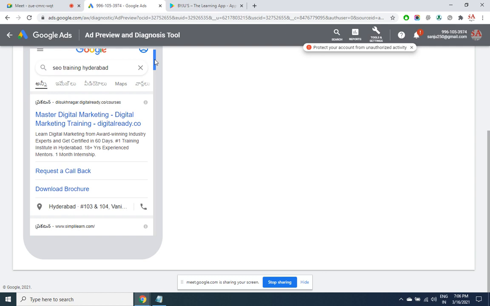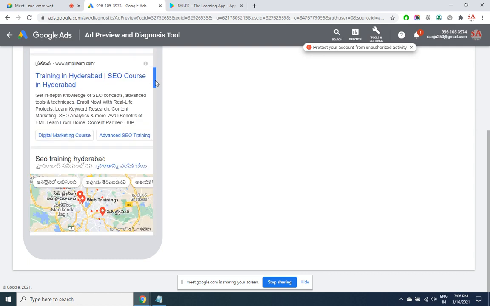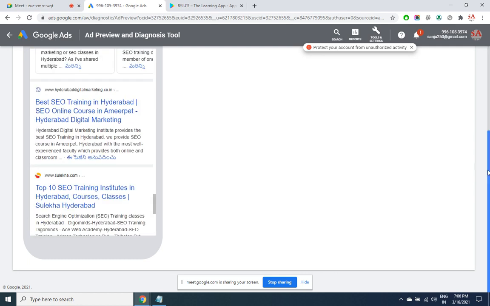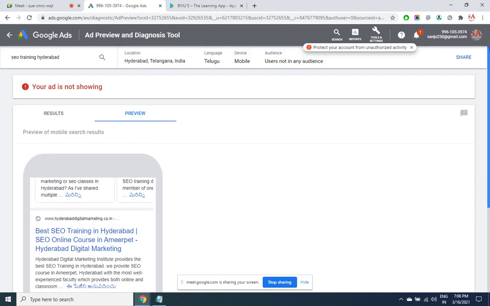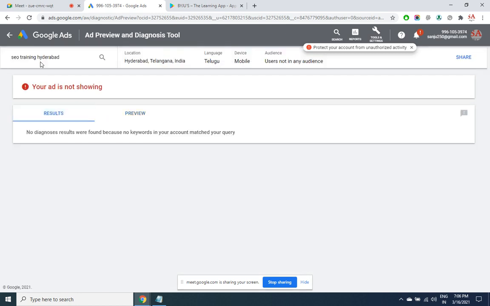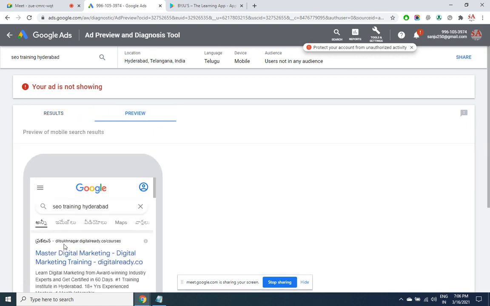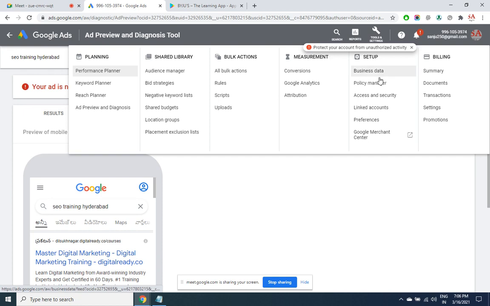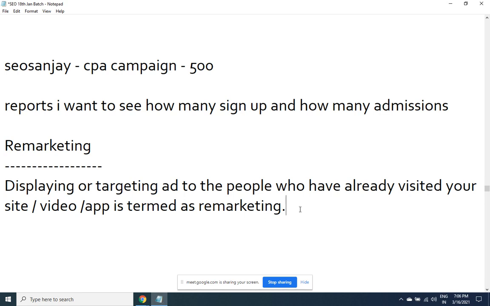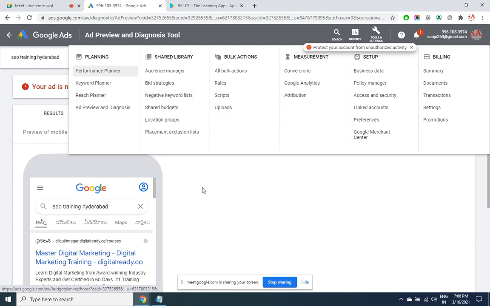So you'll be able to see how the extensions are shown, whether description is shown appropriately or not. Even if you click here, this will not be counted as a click. Okay, so it's only a preview mode. So this is all these tools have got to offer. Just 1-2 points you can note down: the negative keywords list and placement exclusion list.